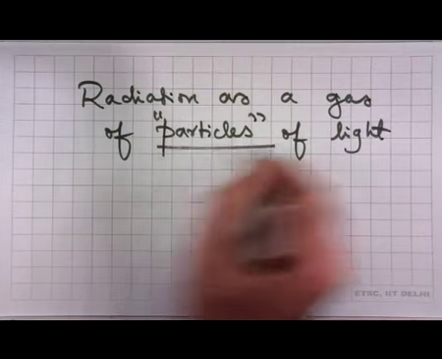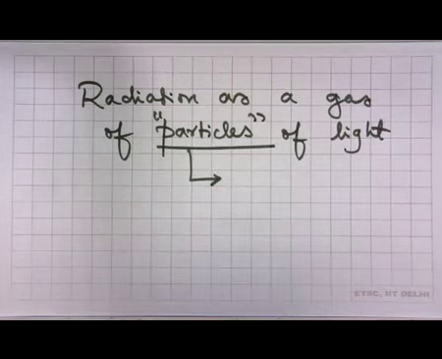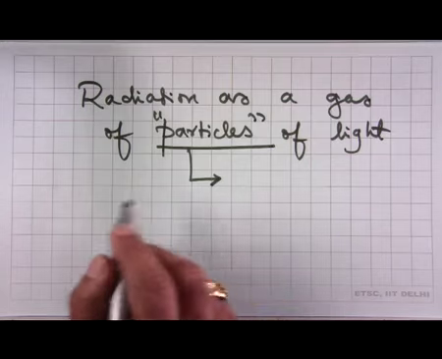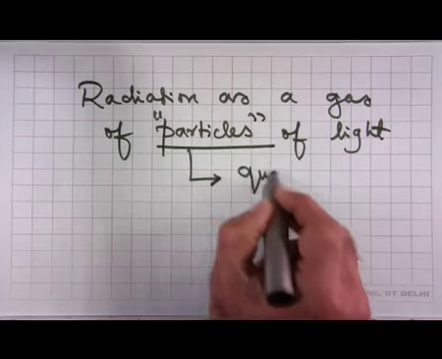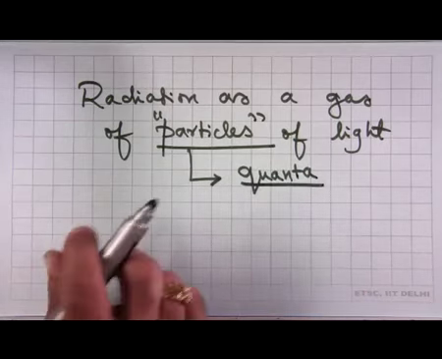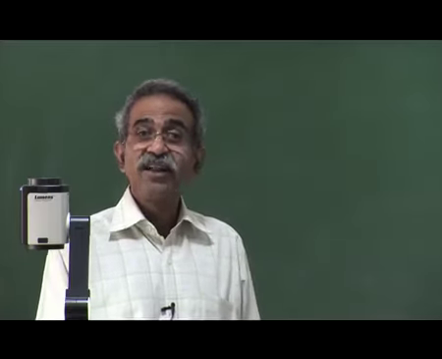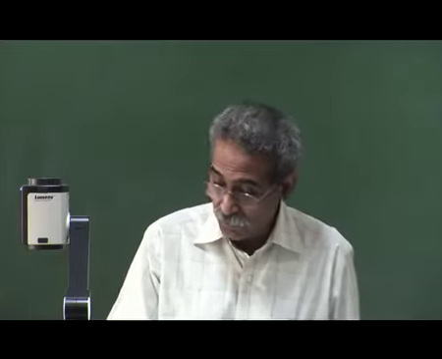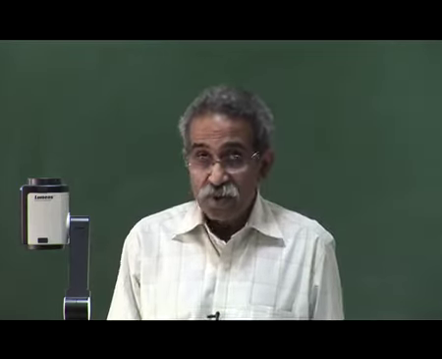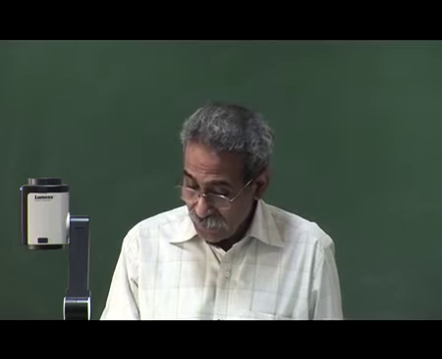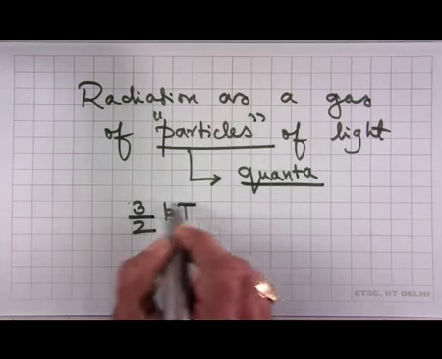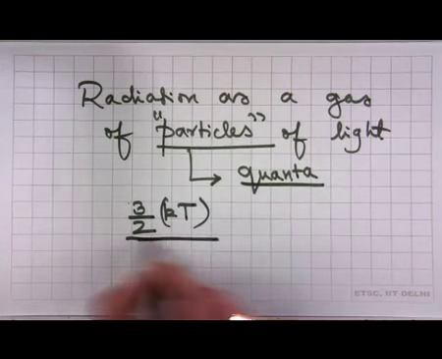Gas of particles of light, and that is what he did. I don't know whether he called it a photon or not. It was not used; this was called a quanta. In fact, it was a chemist who introduced the jargon photon much later, after the 1905 paper came, probably around the Compton effect. If you did that, the equipartition theorem will tell me that each photon on average carries an energy 3/2 kT. That is what it is.